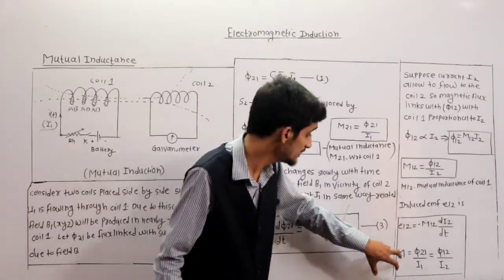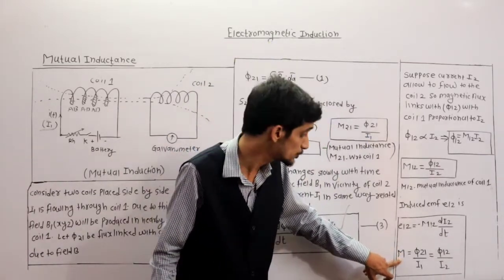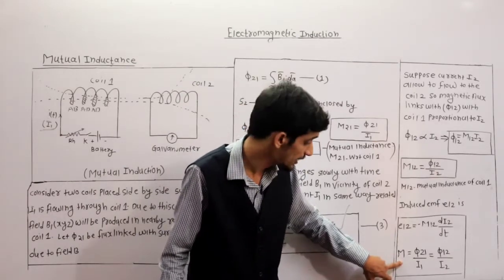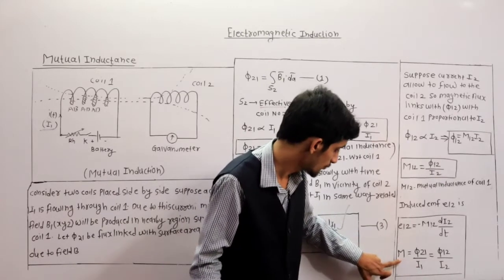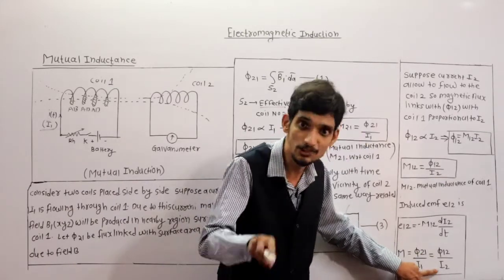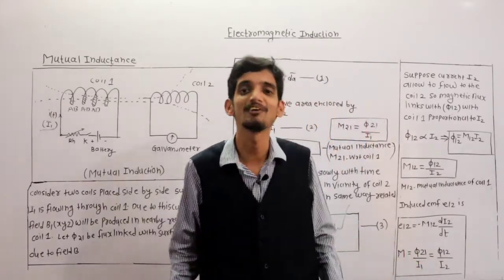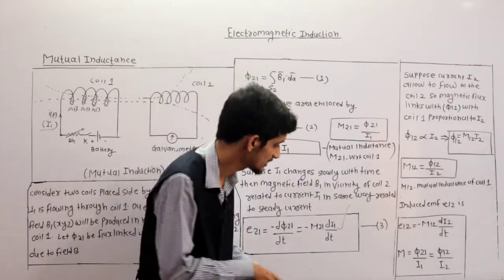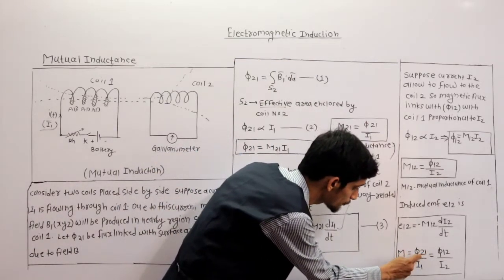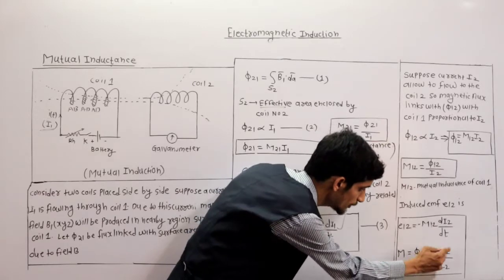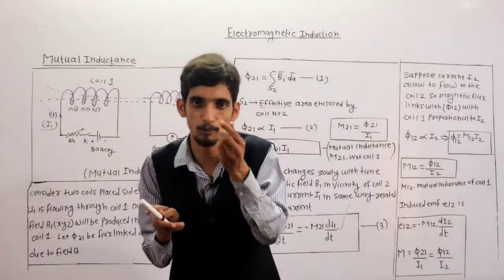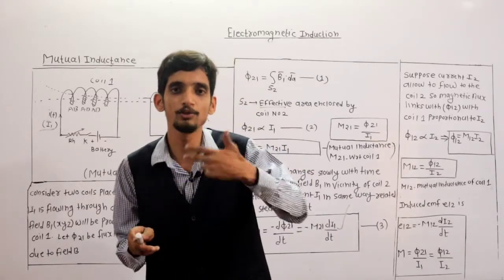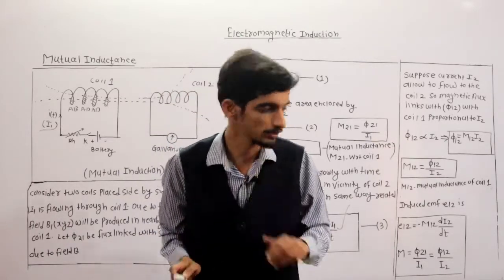So in this way, mutual inductance in a generalized sense is given by phi 12 upon I2, or phi 21 upon I1. Listen, how to remember this. M is equal to phi 21 upon the opposite of this, I1. Phi 12, opposite of first is, it means what? Phi 12 upon the opposite of 1, 2, that is I2. Phi 21 upon the opposite of 2, 1, that is I1.